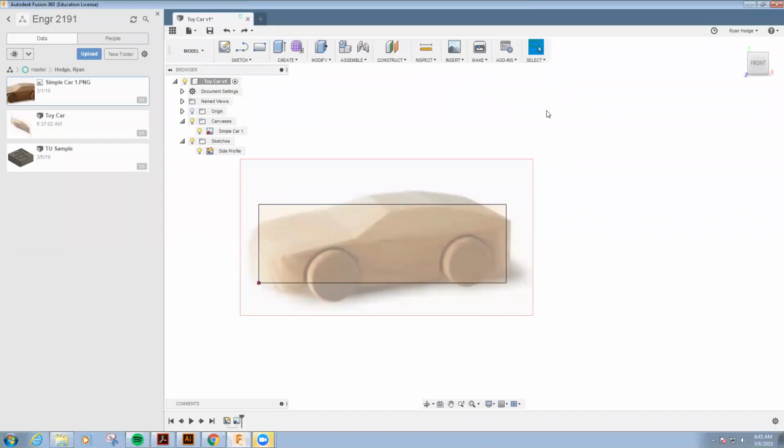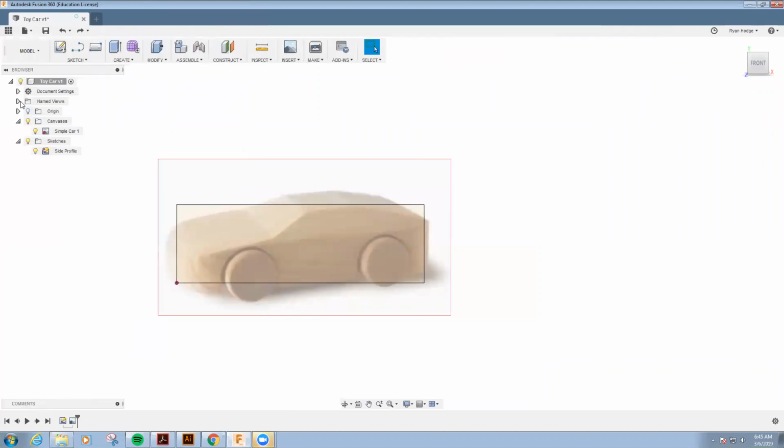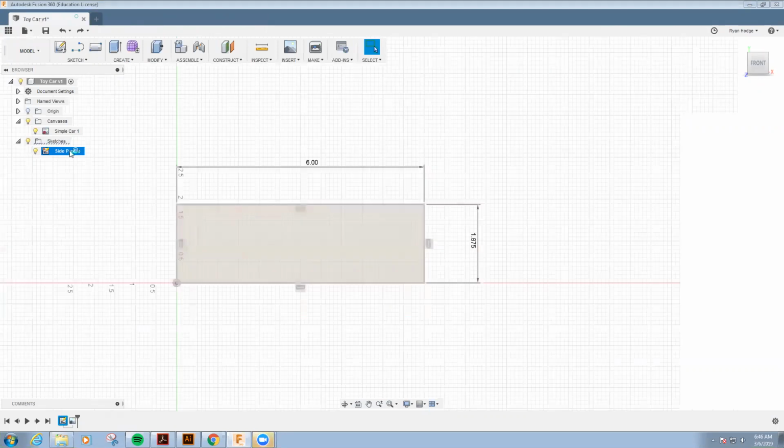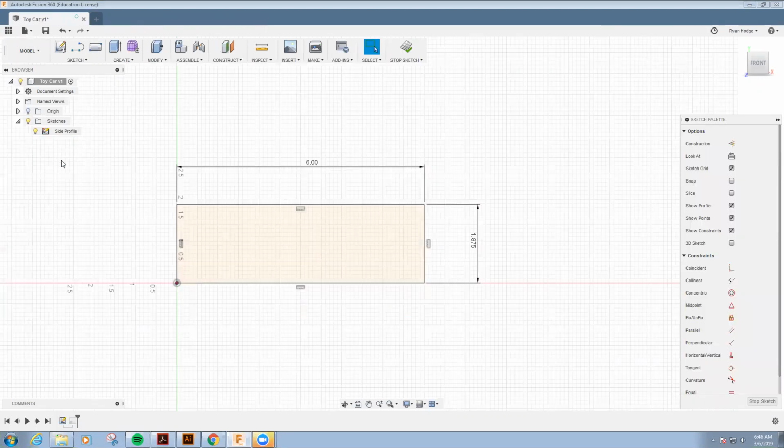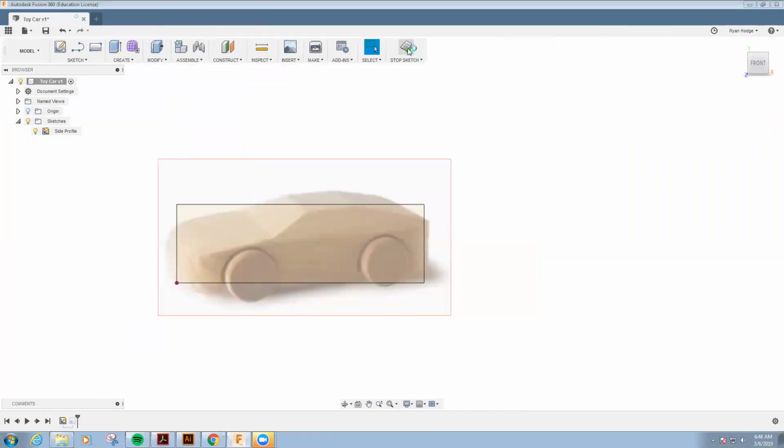Okay, so now I'll start to define this side profile sketch. I will go ahead and close out the data panel and double click on the side profile. Now when I open it, I notice that I don't see the card canvas, which kind of defeats the purpose of bringing it in. So I'll close back out, and I can grab and drag the canvas to the forward